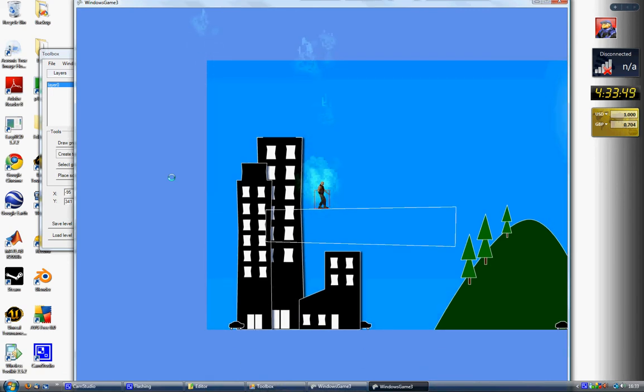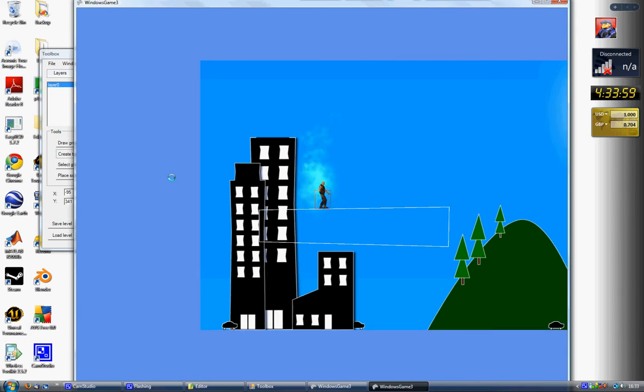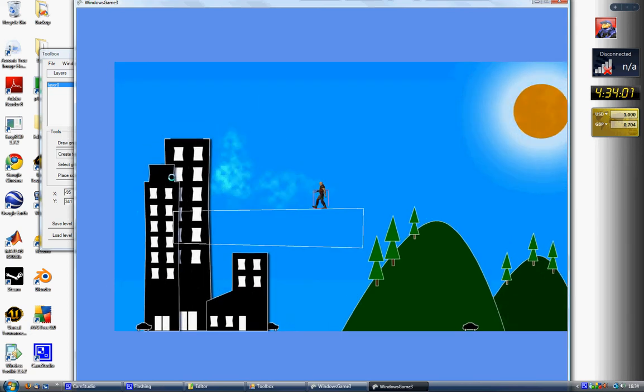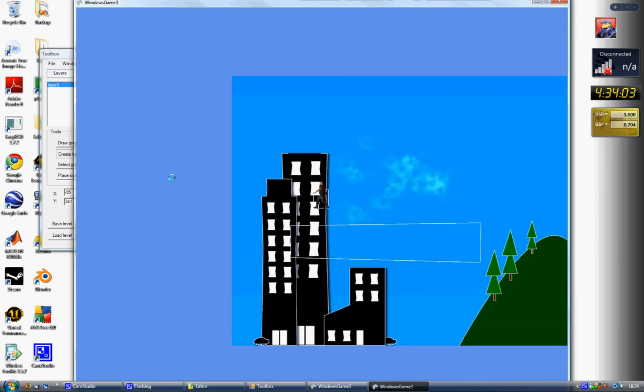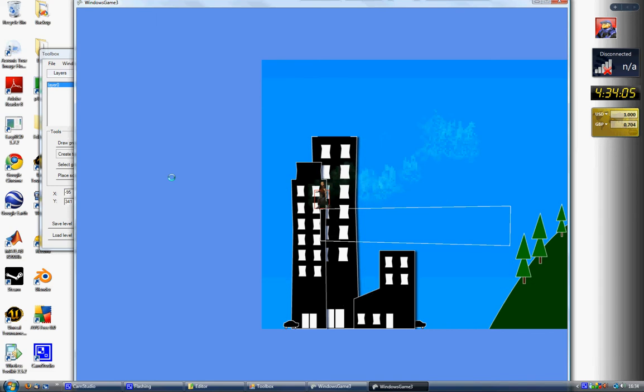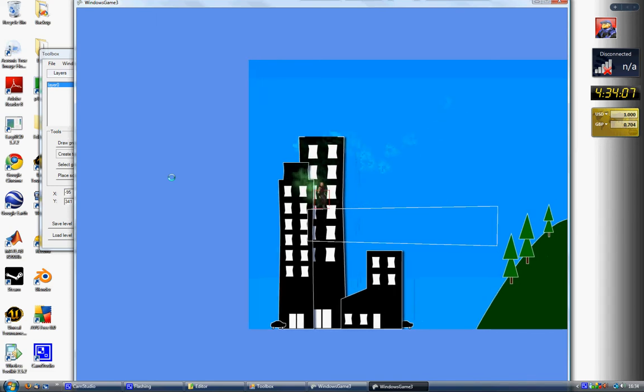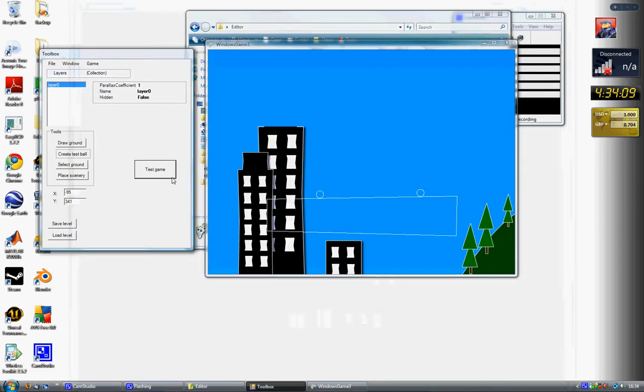And you can see here you have a character that landed correctly on the ground without falling through it, and can walk along and jump as you'd expect. I'm using Xbox controls to control this. I press the back button to quit out of it. Okay, so